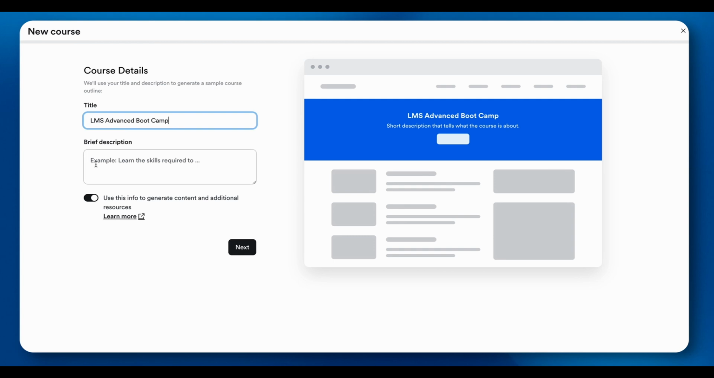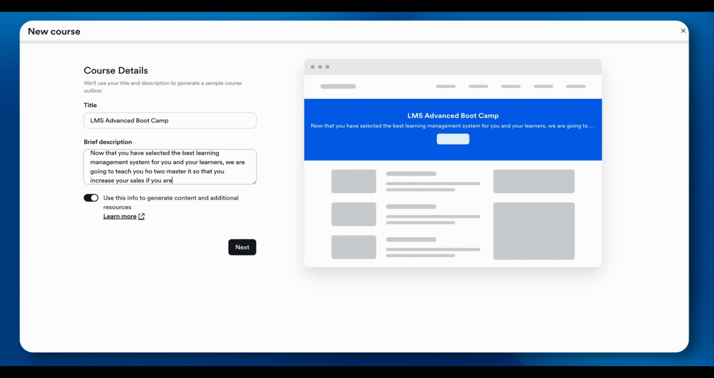Okay. Now, brief description. How to, now that you have selected the best learning management system for you and your learners, we are going to teach you how to master it so that you increase your sales if you are selling courses, and or increase your employee engagement if you are training employees. So